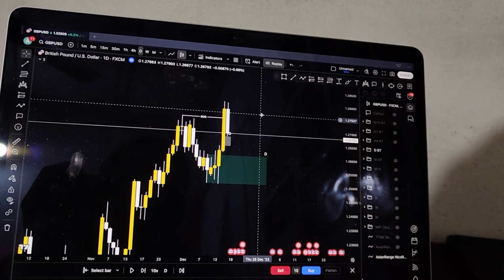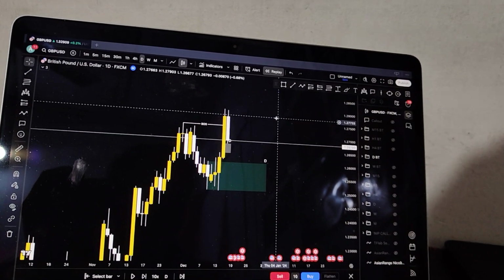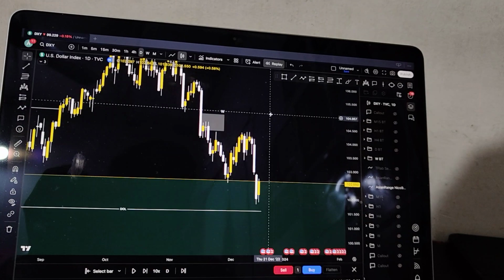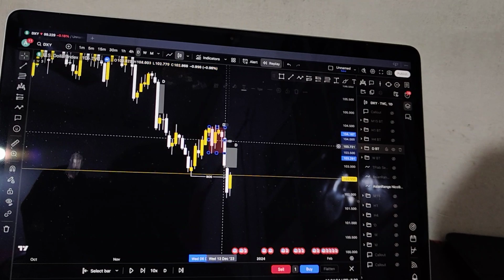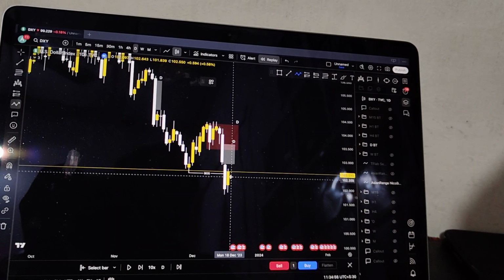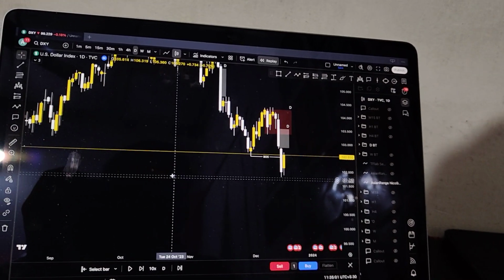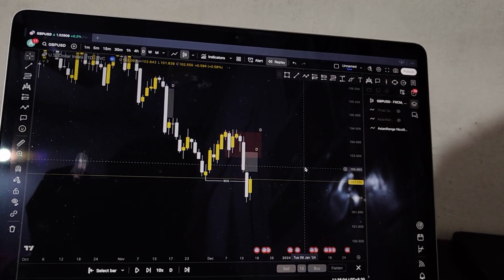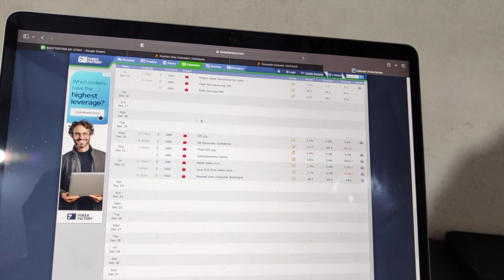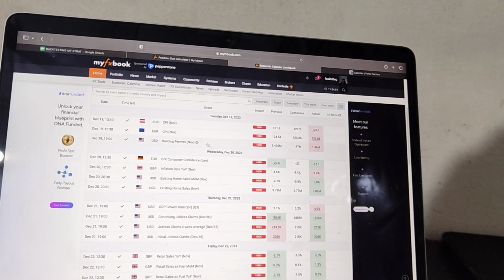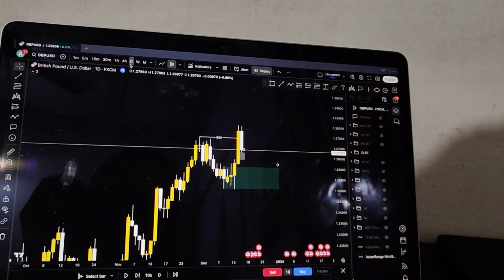My overall weekly bias would have been bullish, but obviously on Monday I would look for sells to fill up that fair value gap on the daily. And the same sort of thing on DXY. On DXY there was a supply zone here, there was a fair value gap, and we anticipate this fair value gap to get filled on Monday. Anticipate, not sure yet, because nobody can say what will happen in the markets. Now we check for news on Monday. There was no news on Monday, as you can see, so it was also aligning with our bias.